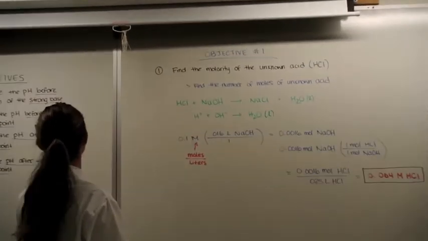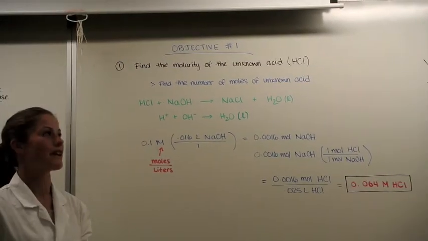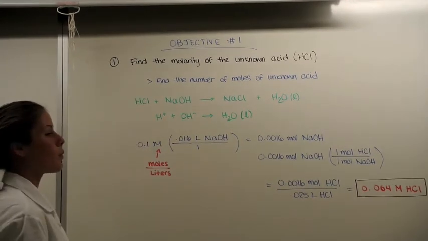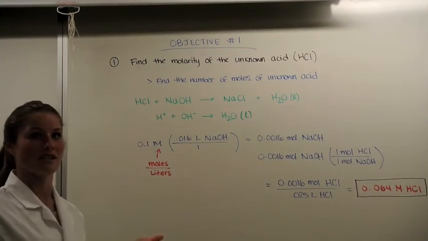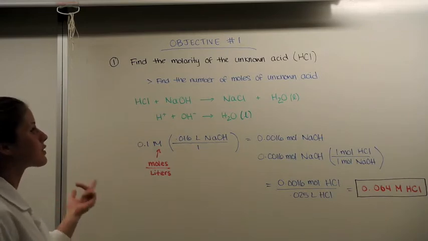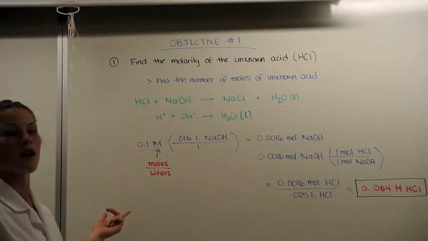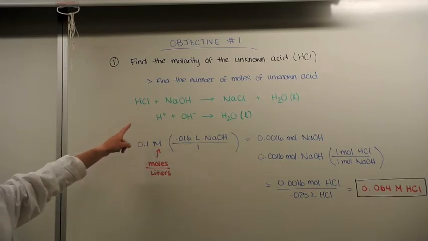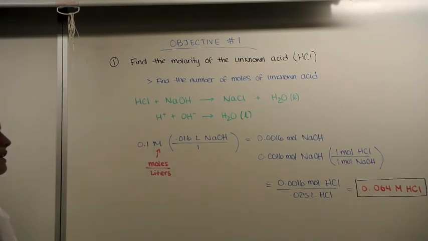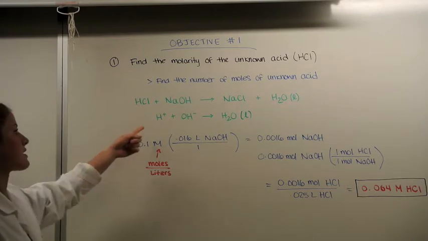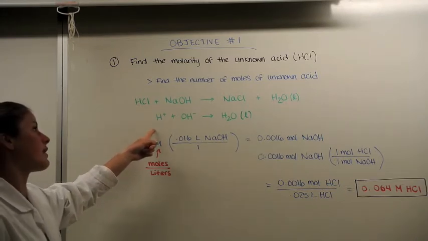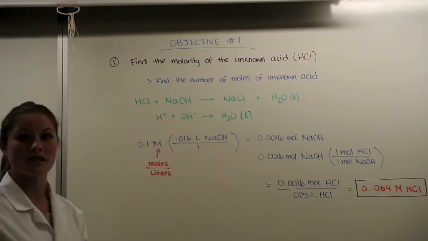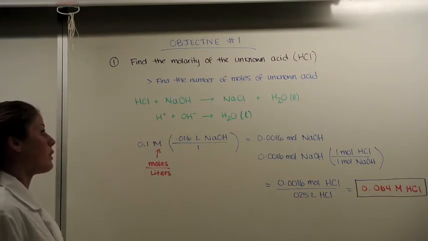In order to calculate the pH before the addition of the strong base, we need to first find the molarity of the strong acid. Because we don't know the molarity, it's an unknown acid. So, in order to do this, we need to find the number of moles of the unknown acid. So since we have this equation, HCl plus NaOH leads to NaCl plus H2O, which leads us to the net ionic equation of H plus OH minus leads us to H2O,